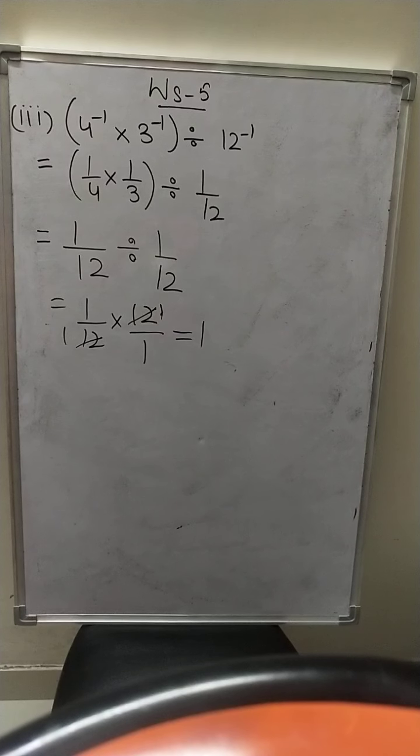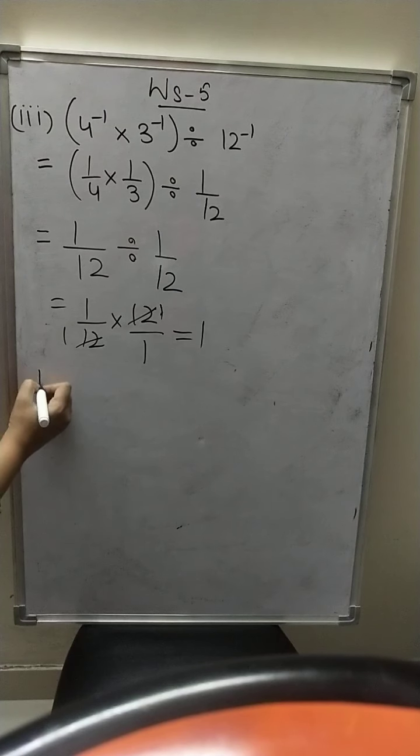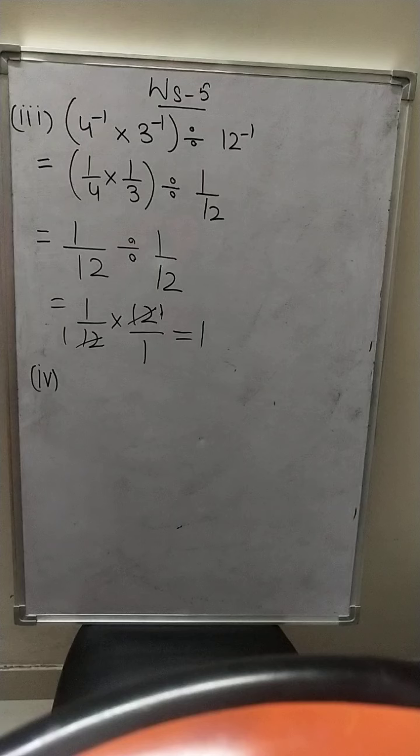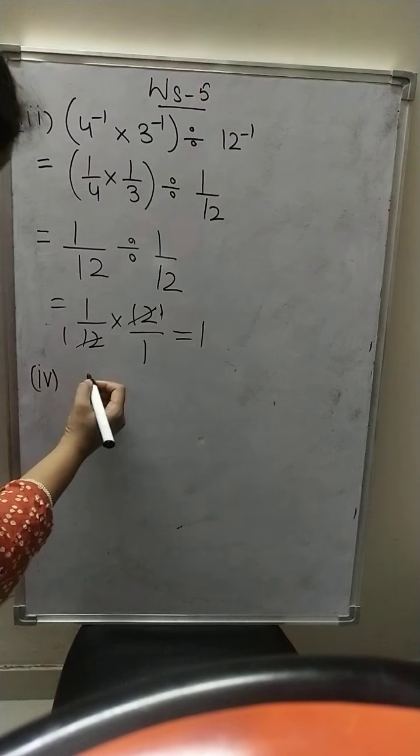Alright. Now let's solve the fourth part. See, every part is different in this question, so we need to solve all the parts. Otherwise I would have given it to you to do yourself. No, but I cannot take a chance in this. So here comes the fourth part of the question. It is 1 upon 2 raised to the power minus 2.